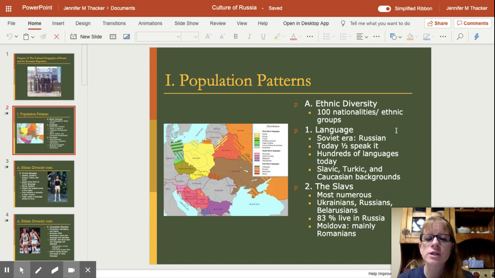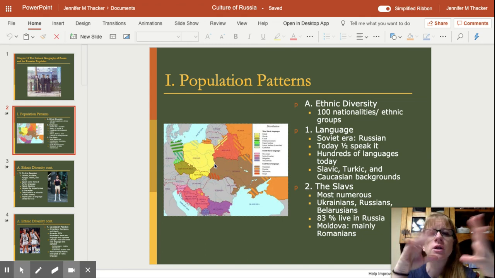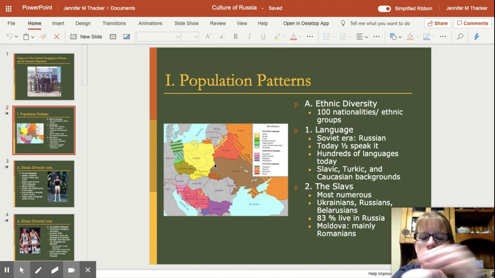So there's over 100 different ethnic groups. Very similar to Europe and how diverse they are. During the Soviet era, most of the people spoke Russian, right? Because again, that was that whole, if you speak any other language, then chances are you're against me. So I'll go and kill you, right? So now, today, only half of the population, and we're talking about all of Russia and its surrounding countries,